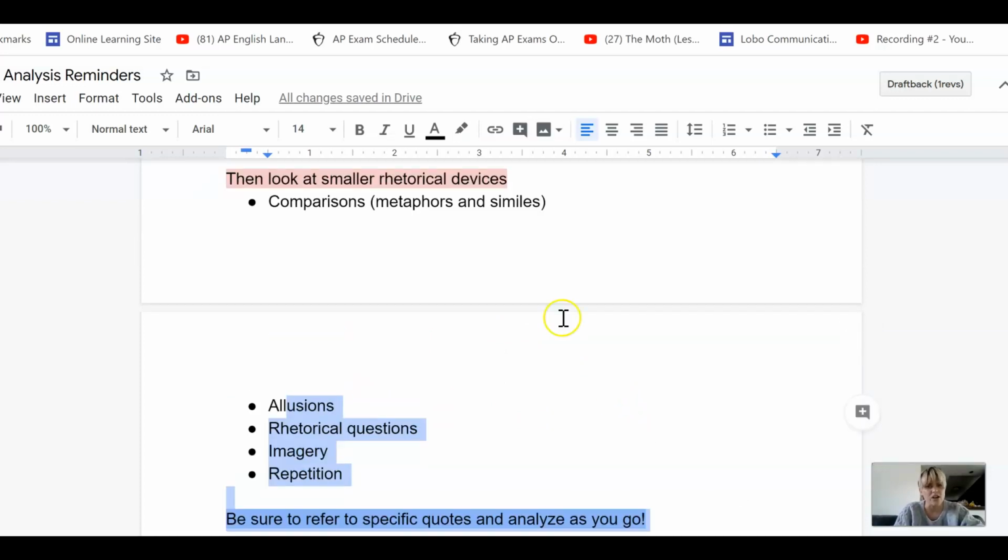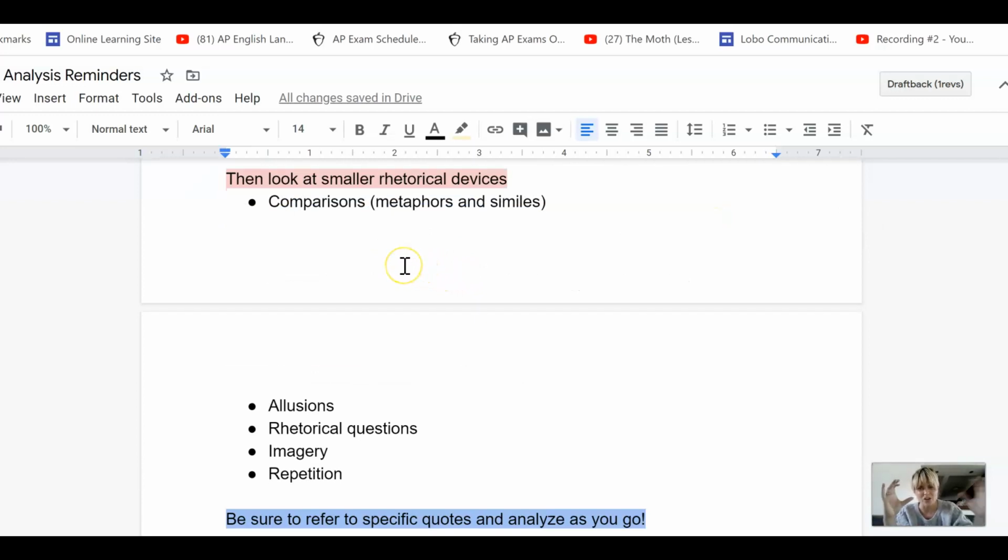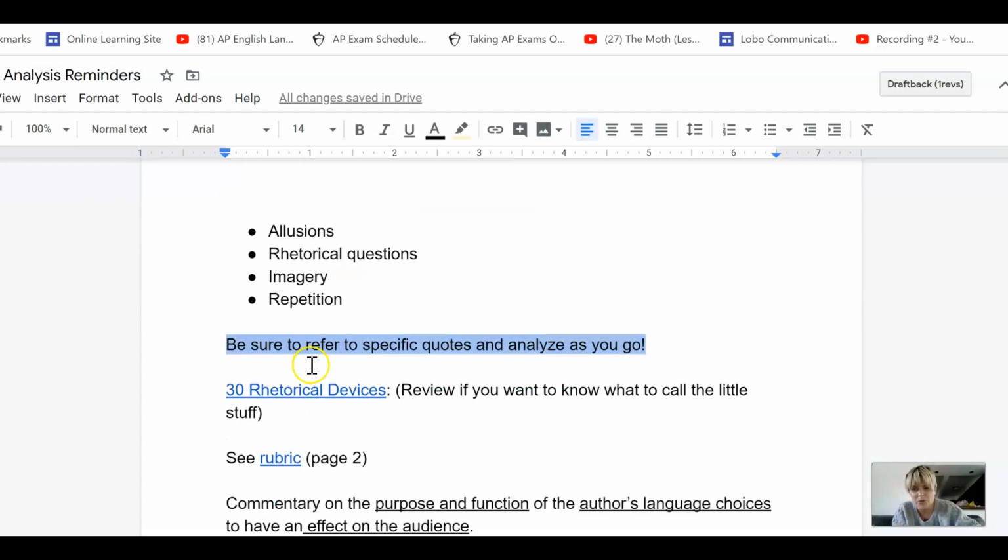Please don't organize your essays around, like, they used a metaphor, let's talk just about metaphor, right? That's not going to help us understand the speech as a whole. You want to think about their overall strategies, let that become the main focus with their larger rhetorical moves, and then as you do those larger things, you can add in the specific details, which brings us to these